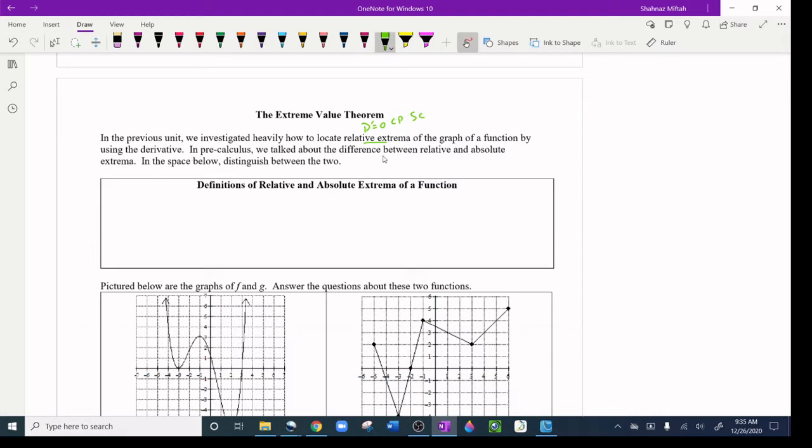In pre-calculus, we talked about the difference between relative and absolute extrema. In the space below, distinguish between the two. So now in this unit 5 we are talking about absolute extrema, but you have to know the difference between relative and absolute extrema. So relative extrema